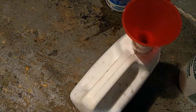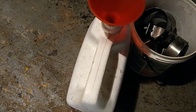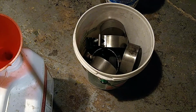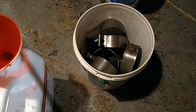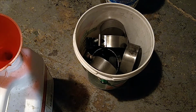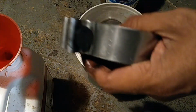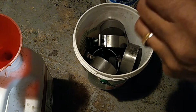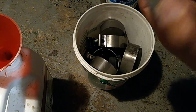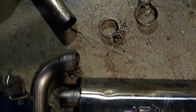As I've constantly said during this build, I am looking to save as much money as possible. That being the case, I'm going to reuse as many parts as possible. Oops. A lot of these were rusted out before. Looks pretty good. Not bad. It's going to be underneath the car. It's not perfect, but it's not bad either. We're going to hit the inside with a wire brush, just so that everything goes on and off nice and smoothly. So now I have to lay this out. I think I've calculated all the brackets I need. And it looks like I only need brackets for...